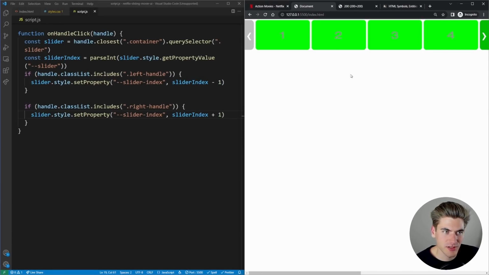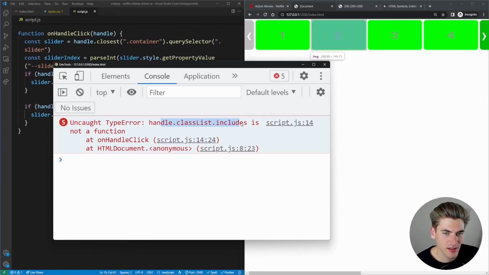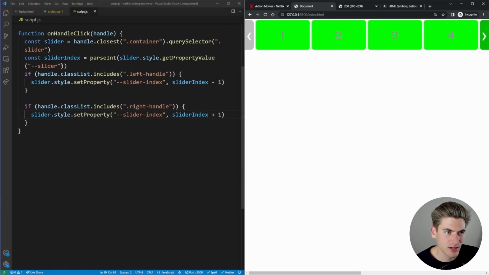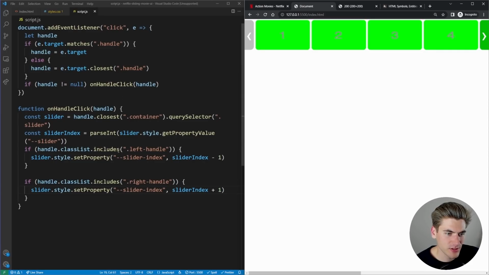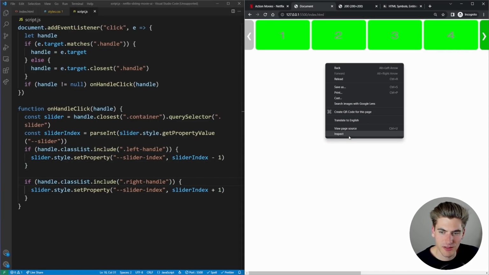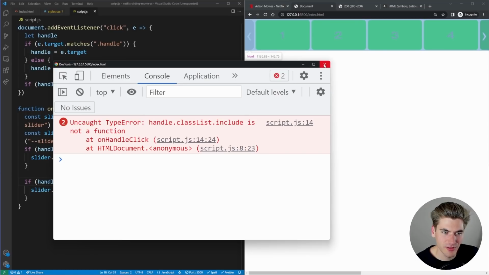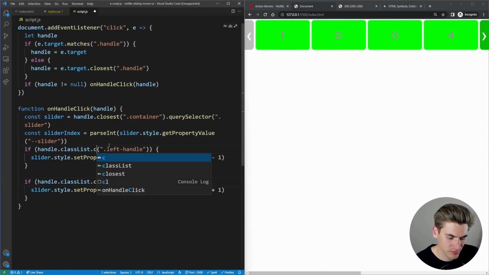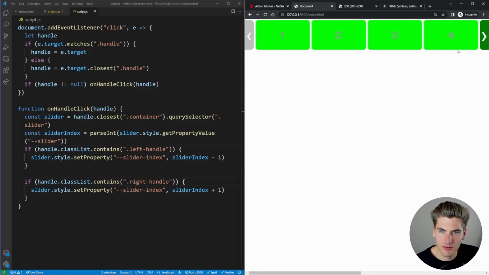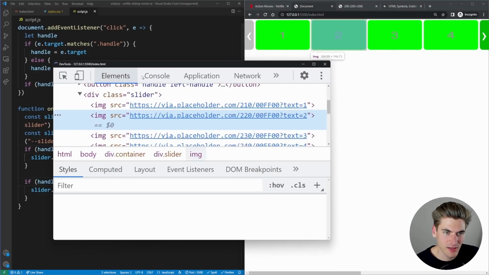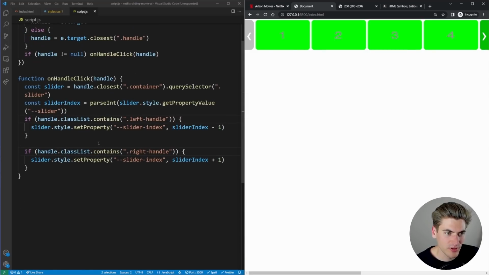Clearly it does not. So let's inspect our page, see what's going on. Console: classList.includes is not a function. Let's see, maybe it's just called include. Nope, that does not work. If it's not include, then it's probably contain. So contain didn't work either. Okay, no, it did work. So our code is running,